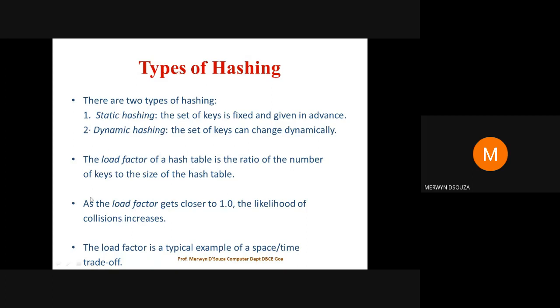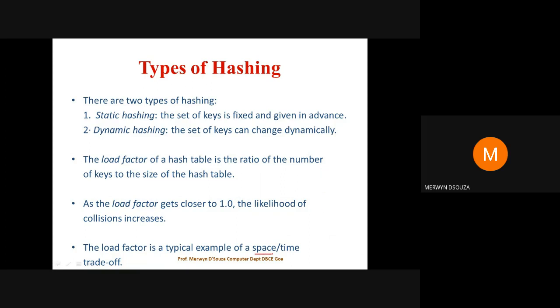factor. So as the load factor gets closer to the value 1, the likelihood of collision will increase. So the load factor is a typical example of a space versus time trade-off. Basically, it depends on whether you want to retrieve the data faster, or how much memory you want to allocate for the hash table.